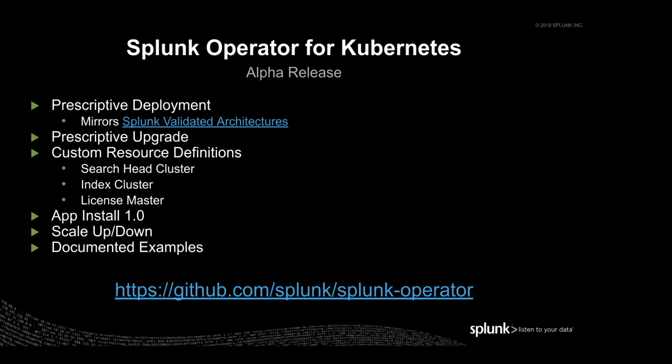And we had put out custom resource definitions for the different tiers: search head clustering, indexer clustering, a license master, license manager, and we've started adding even more onto that, which I'll get to in a second. We had basic methods for app install, and that's something we're continuing to work on. Even with the alpha version and into the GA release, there are a couple of different options for either taking a config map within Kubernetes or